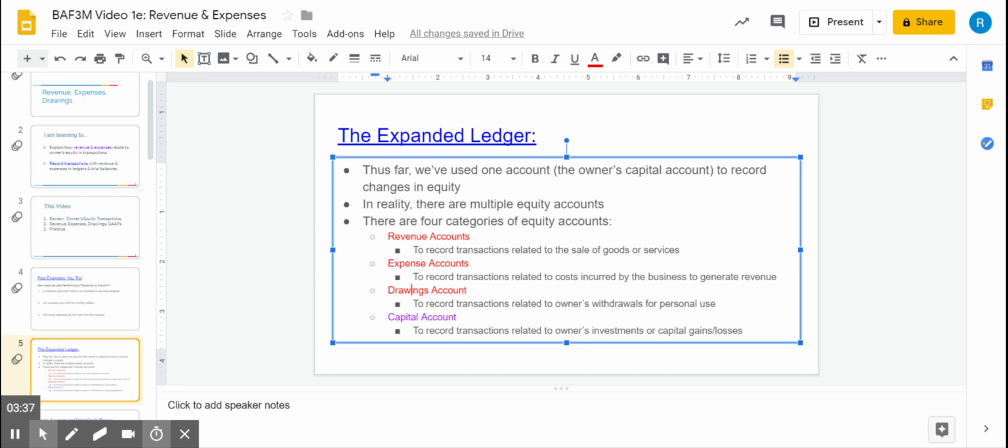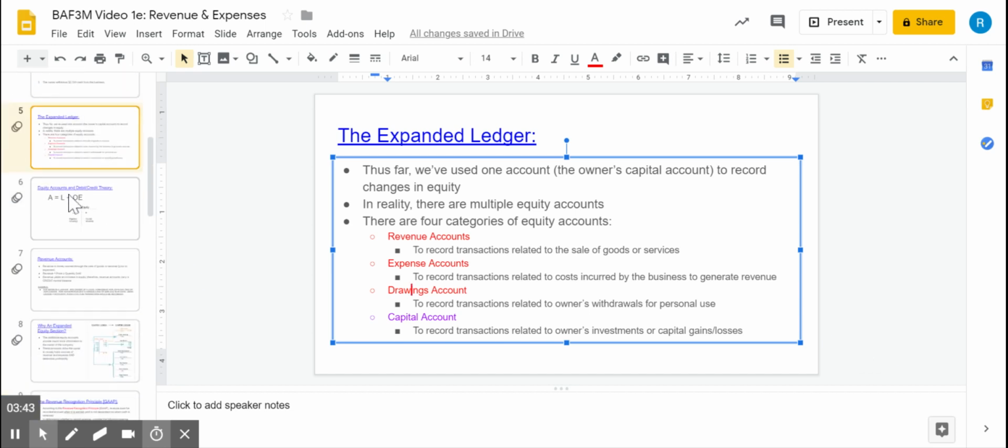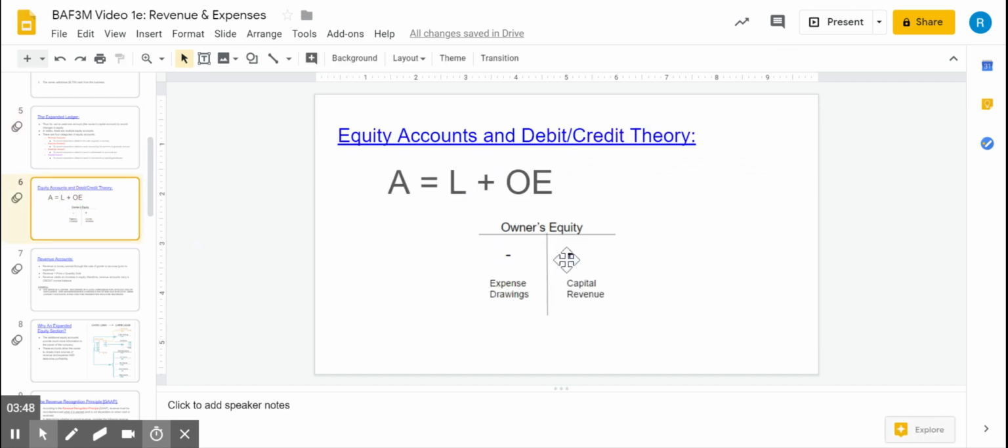But yeah, this is where we're going to record transactions related to things like investments and just capital gains and losses. Maybe something related to a change in the value of... well, actually, we'll take a look at that a little bit later. So just moving forward, not to make it too confusing right now. So far, again, assets equals liabilities plus equity. And we're going to learn right here that when we are doing